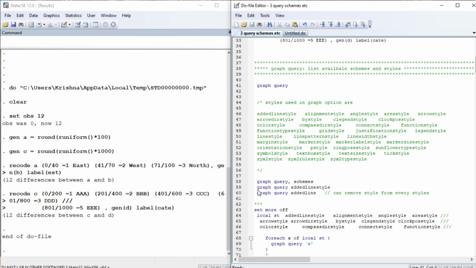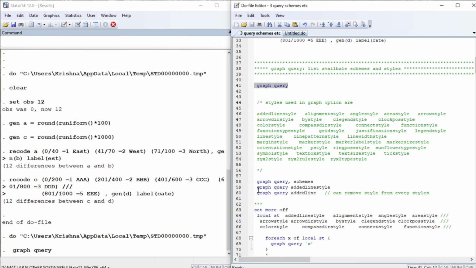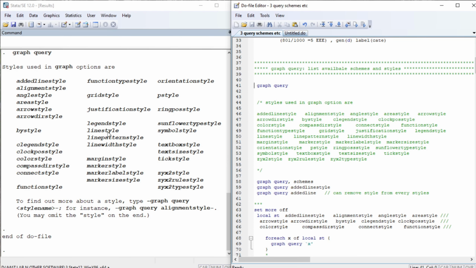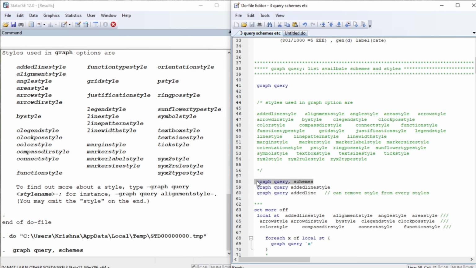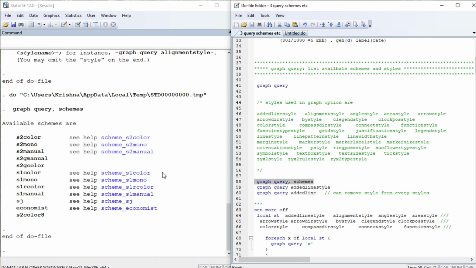Let us use our first command called graph query, and this will list the available schemes and styles. These are the styles used, like addedline style, alignment style, angle style, and so on. So if you write graph query and then schemes, this will give you a list of the available schemes. So these are the schemes, and these are the styles, and if you want to know in